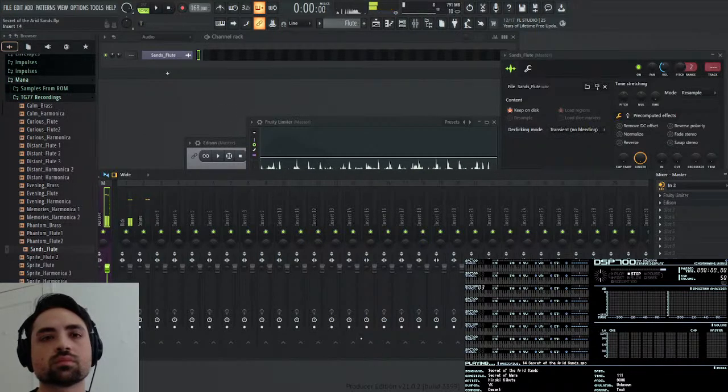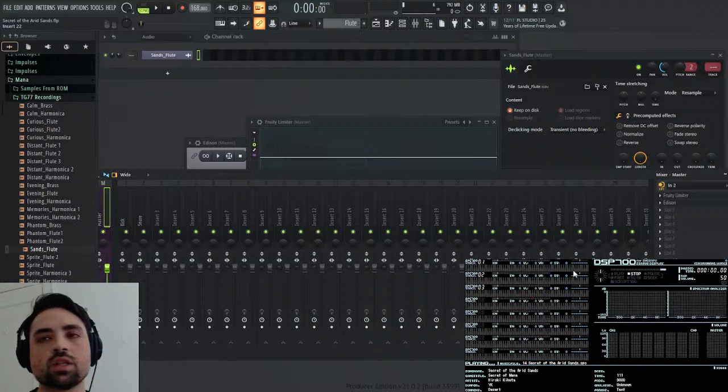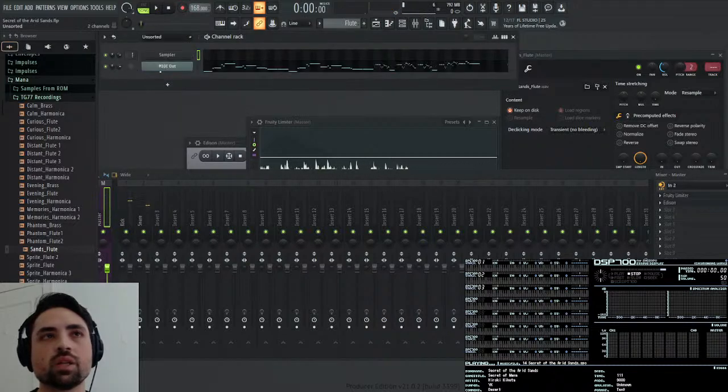Let me look at what that sounds like in the thing. Yeah, the flute definitely sounds quieter. Or maybe not that much quieter.